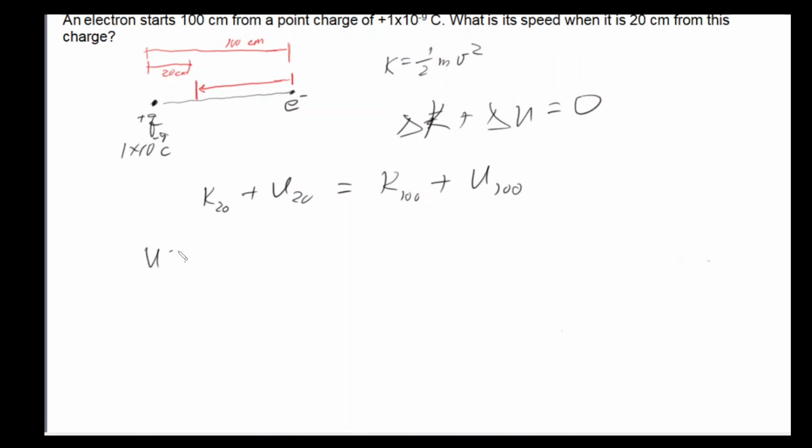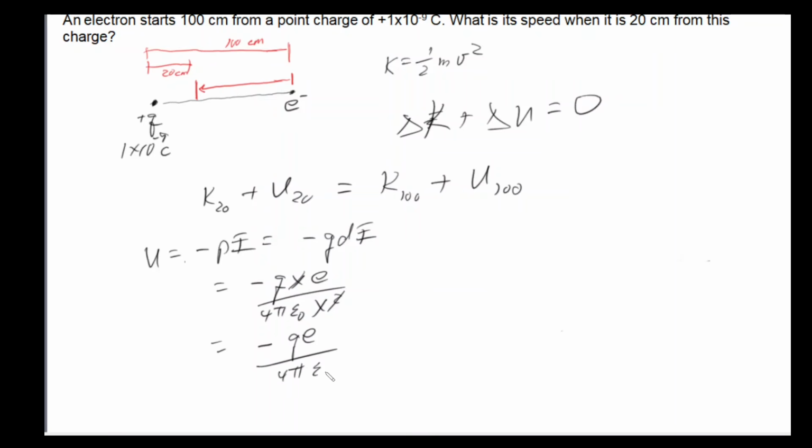Now, in general, potential energy is equal to minus PE, which is equal to minus QD times the electric field. So in this case, we have minus Q times the distance, which we'll call x, times the electric field, which is the charge, in this case the electron, over 4 pi epsilon 0 times x squared. So one x cancels out, and we get the potential energy is equal to minus QE over 4 pi epsilon 0